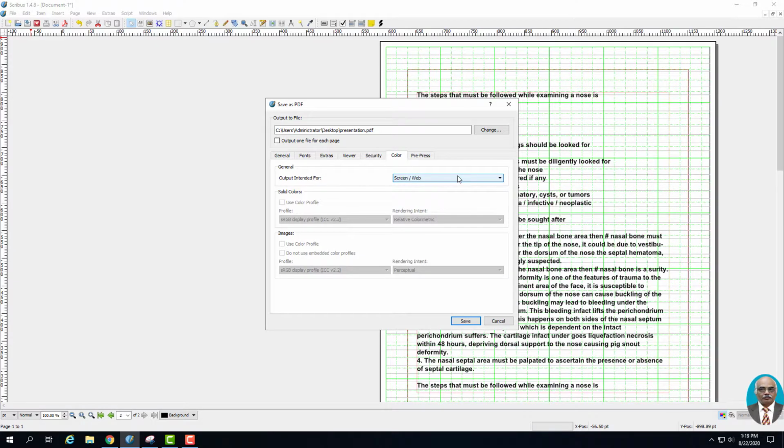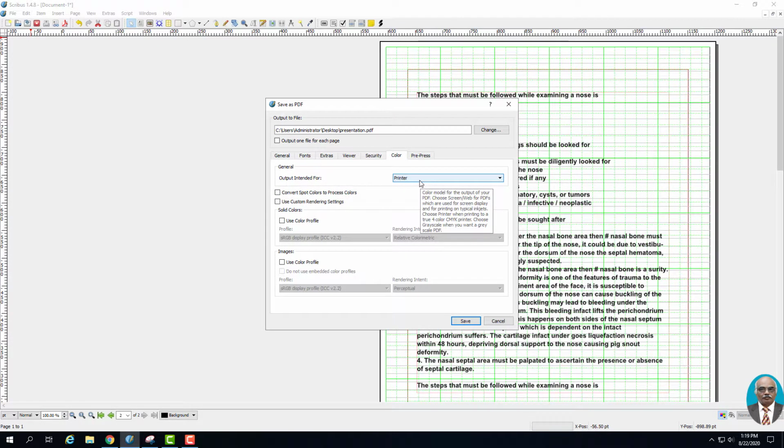That setting, if you choose this setting, will be different, and then you can use a setting to allow the printer to make use of the document to be printed. Here, if you choose the printer, the entire document will be processed in such a way that it will look good on printing. So you can choose the color profile for the page and the color profile for the images. For this to happen, you should take input from the printer.